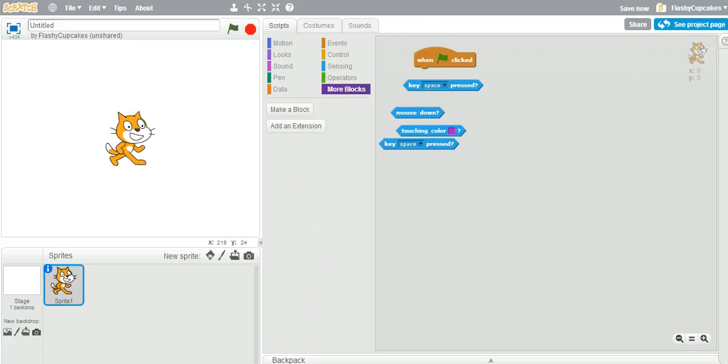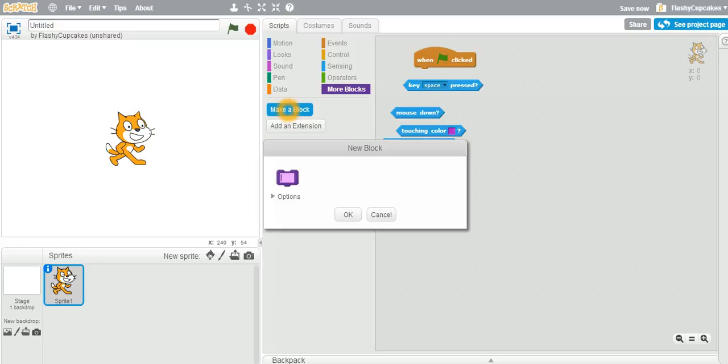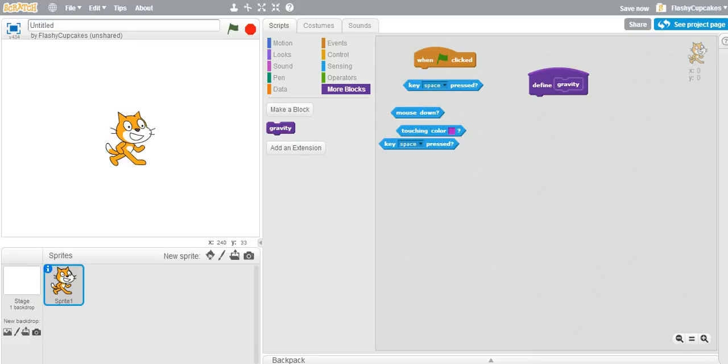More blocks. So for those of you who actually program, this would be what we consider functions. For those of you who don't know what functions are, looking it up wouldn't be bad, but just to give you a quick understanding, think of them like a tool or a method that you can just call. So you could have one that's called gravity, and the code that's connected to this block would be everything that's connected with gravity, and then you have to make sure that